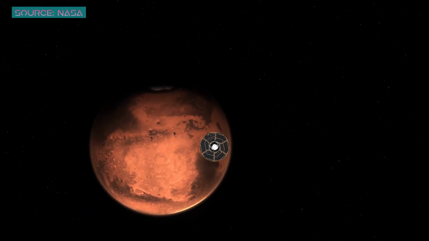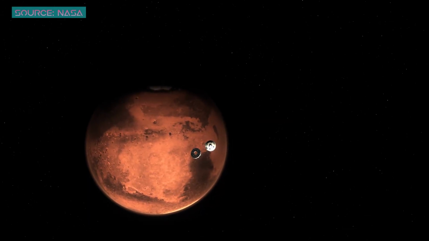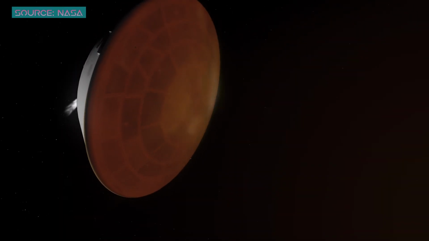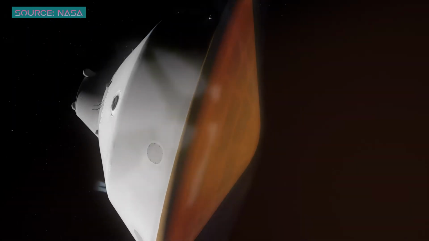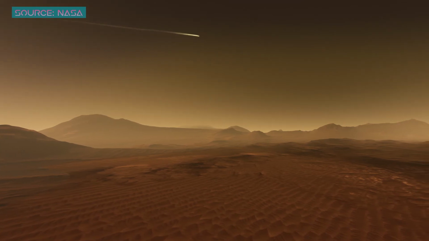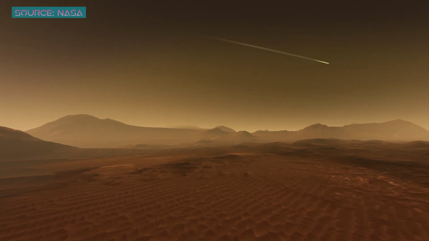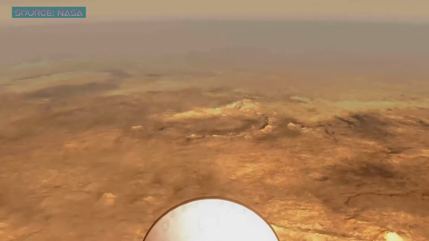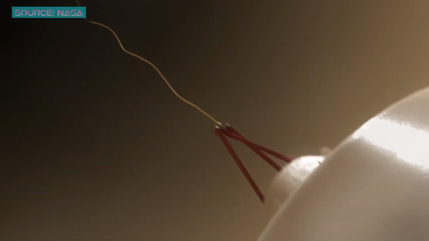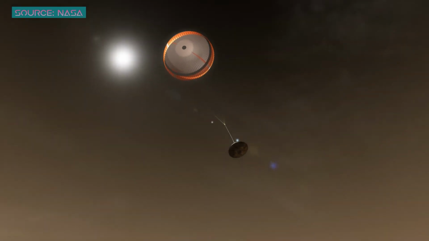Now, the most terrifying part of a lander, of a rover mission, is the landing, or what's called EDL, entry, descent, and landing. As an outside observer, it's pretty high drama. It's the shortest and most intense phase of the entire mission. It begins when the spacecraft reaches the top of the Martian atmosphere, and as I mentioned before, it's going to be going at least 20,000 kilometers per hour. And then 7 minutes later, you end up with your rover, or your lander, on the surface safely, or a big scrap heap